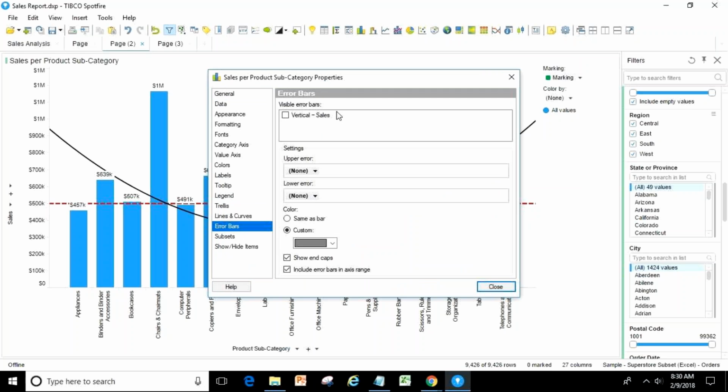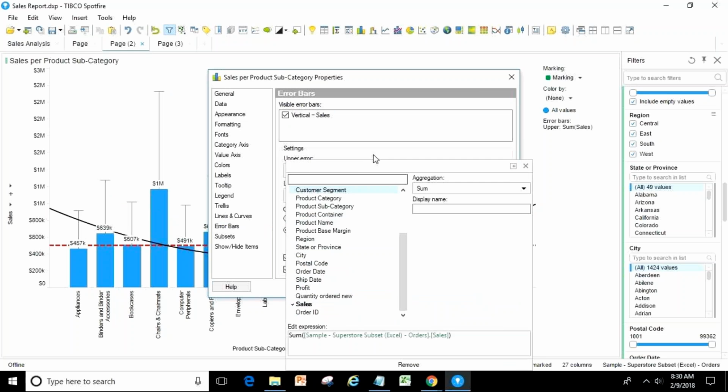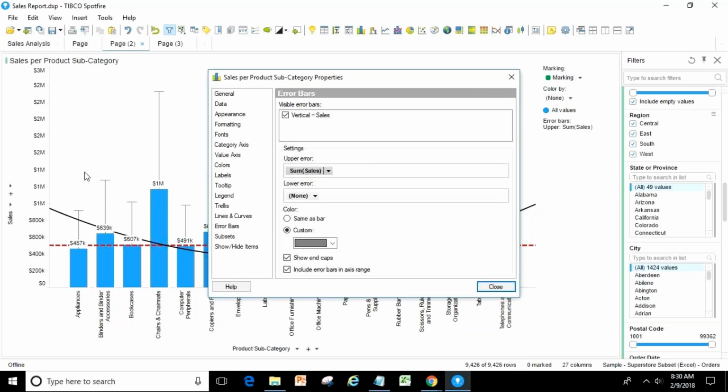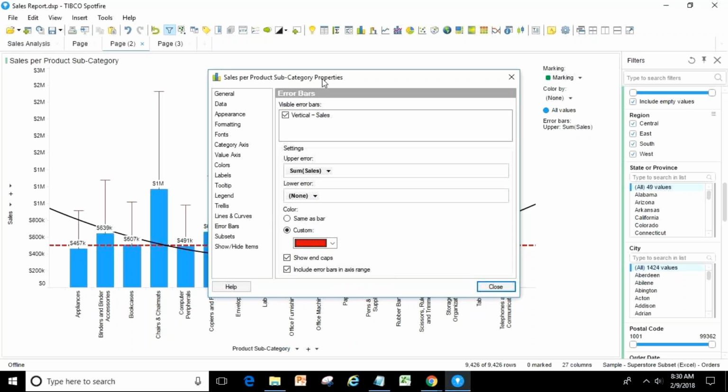Then you have error bars. Sometimes what happens, the numbers you are getting are not completely correct, or you might have seen that there might be a plus minus 10 variation. That kind of error is shown using error bars. So this is your error bars, what you see on the top, it's a head kind of thing.